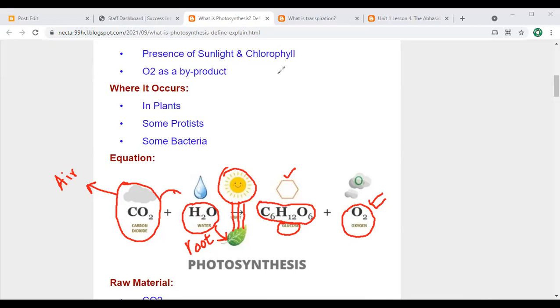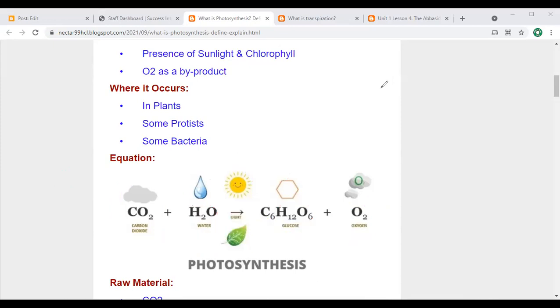So I'm going to explain the whole reaction again. During photosynthesis, what happened, my dear students? Carbon dioxide and water combine in the leaves in the presence of sunlight. The process going on we name photosynthesis. Plants make their own food like glucose, and they also give us oxygen. This is the simplest and easiest way to understand this definition.